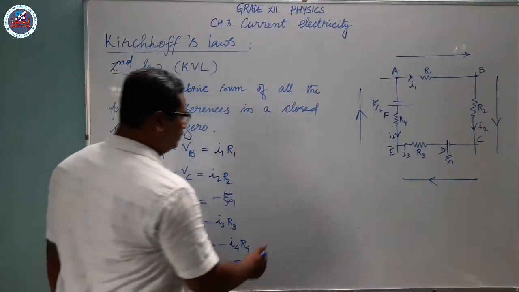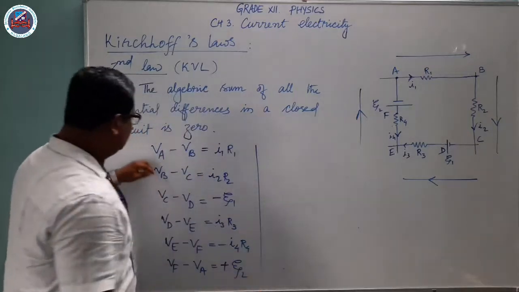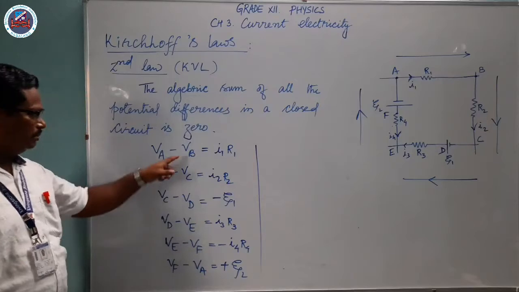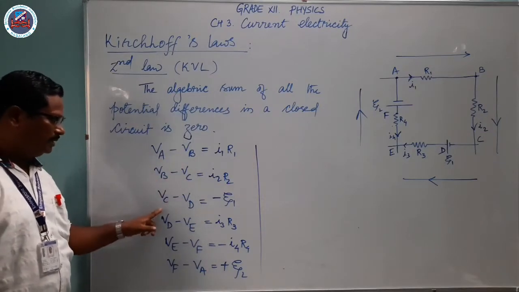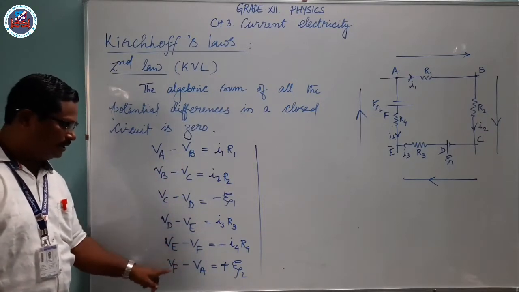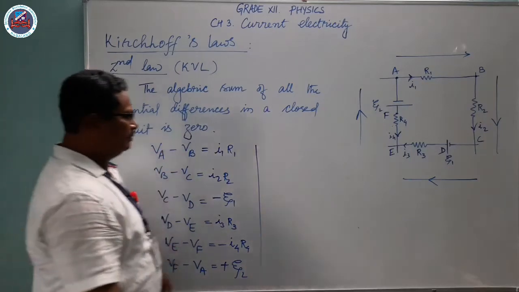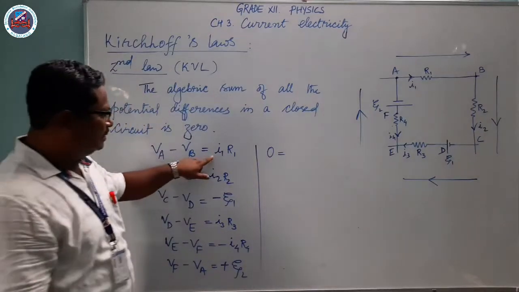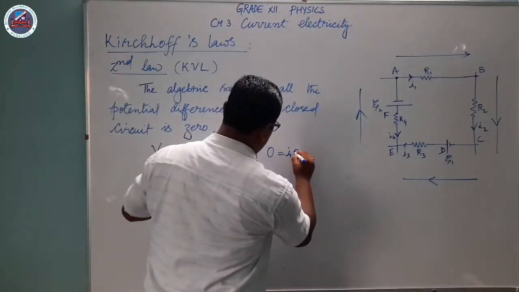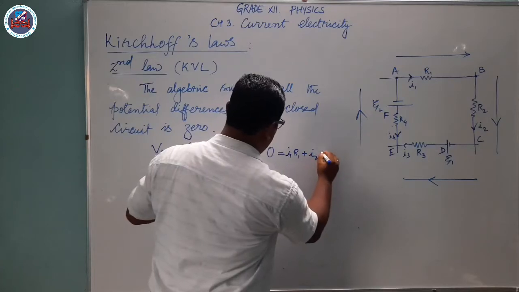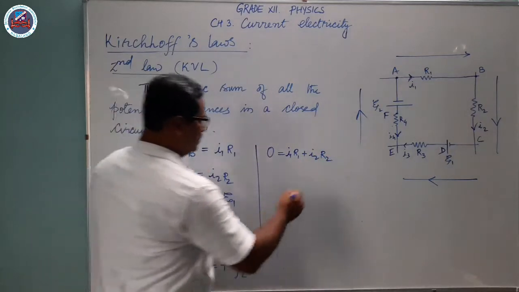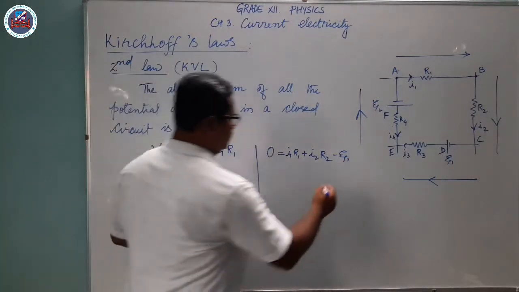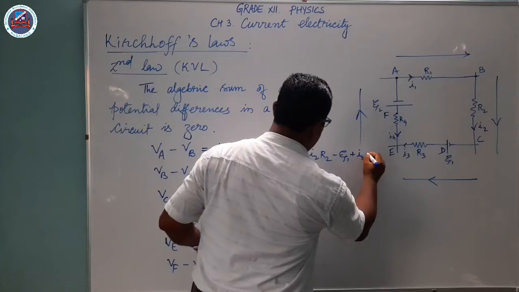If you sum up, then you get like this. On the left hand side you can see VA minus VA will be 0, minus VB plus VB, minus VC plus VC, like that. All the terms will cancel each other, so ultimately the left hand side everything is 0. On the right hand side you will get I1 R1 plus I2 R2 minus epsilon 1 plus I3 R3